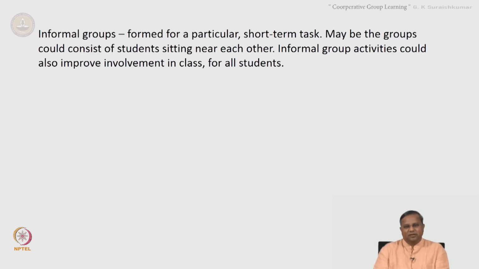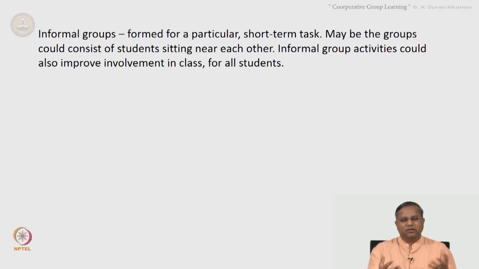Now, let us see some of the various ways in which this can be done. Again, there are so many ways in which the details of cooperative group learning could be different. I am just going to present to you some of the ways based on whatever is there in the literature and my own experiences. So, one could form informal groups to improve learning. Informal groups are formed for a particular short term task, a few minutes, maybe a part of the class, and it could just be the students who are sitting near each other who are asked to form a group. If there are about 60 students in class